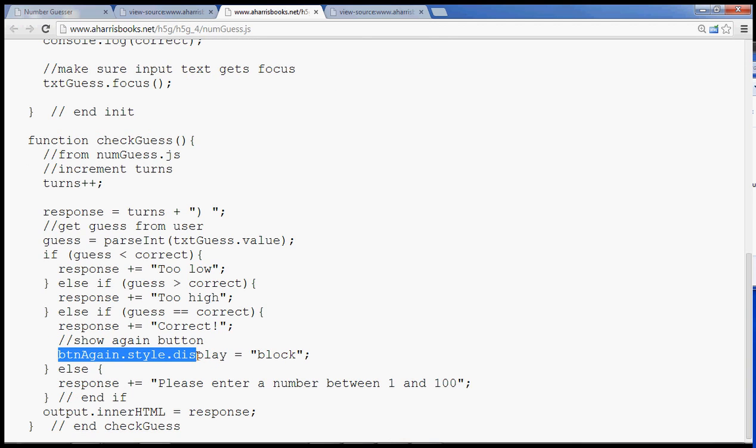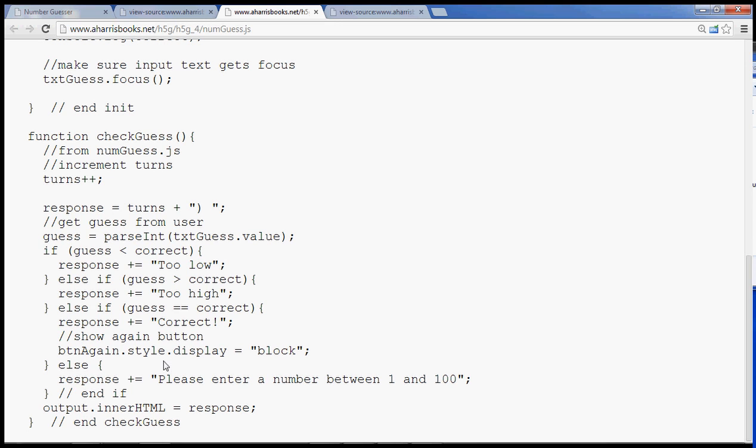So button again .style.display gets block. Setting the display to block makes it visible. Remember I said it's display to none before. So it will become visible again. Oh, that's pretty cool. And then finally, if it's something else, so guess should have been higher than correct or